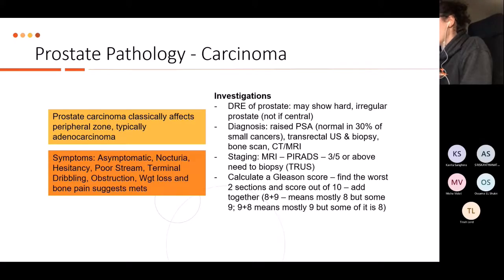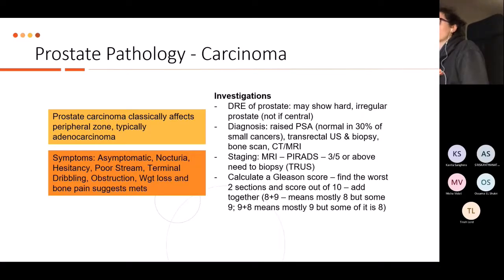In an SPA, what would be the correct first line? The correct first line investigation for BPH, I think it's hard to say really. I think obviously if someone's coming in with prostatic symptoms, as you can see here, the symptoms are often quite similar with cancer as they are with benign prostatic hyperplasia. So you want to make sure that they don't have that. So what you might do is a PSA and a DRE, PR or DRE exam.